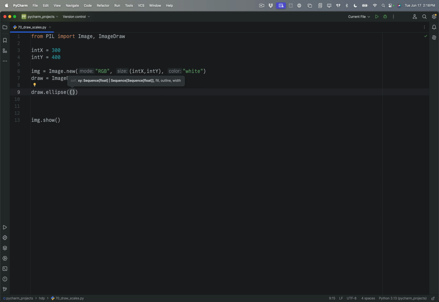So let's say I'm going to go 0, 0, and over 100 and down 50. Let's see what that one looks like, and I'm going to fill it with black for now. So we'll run that,